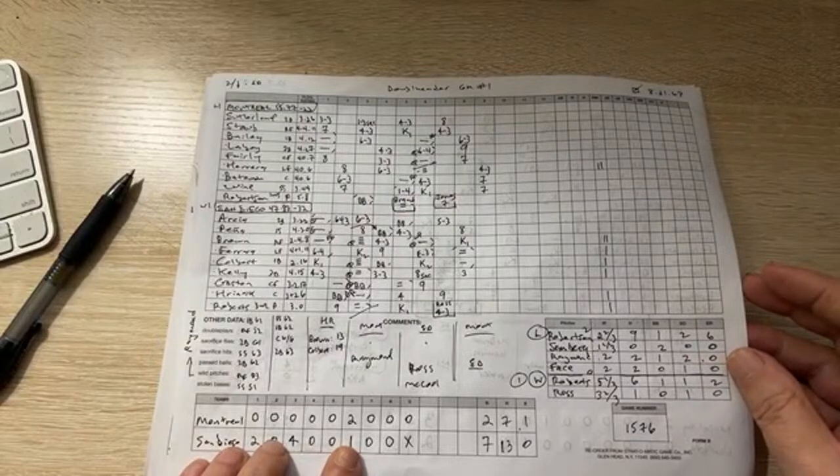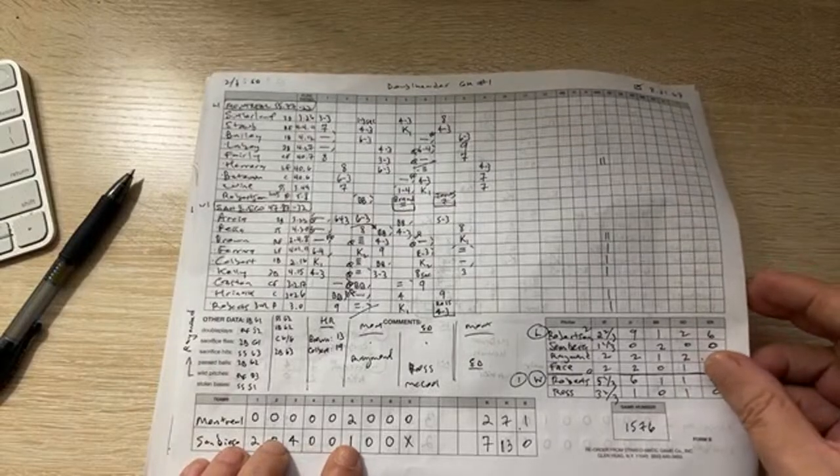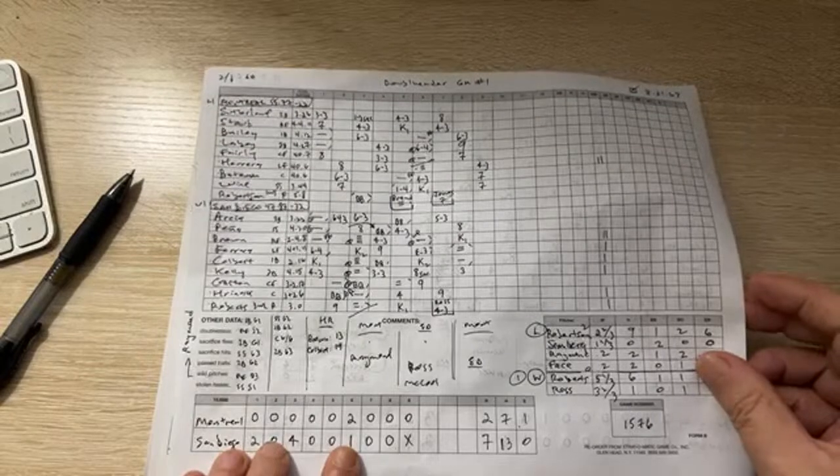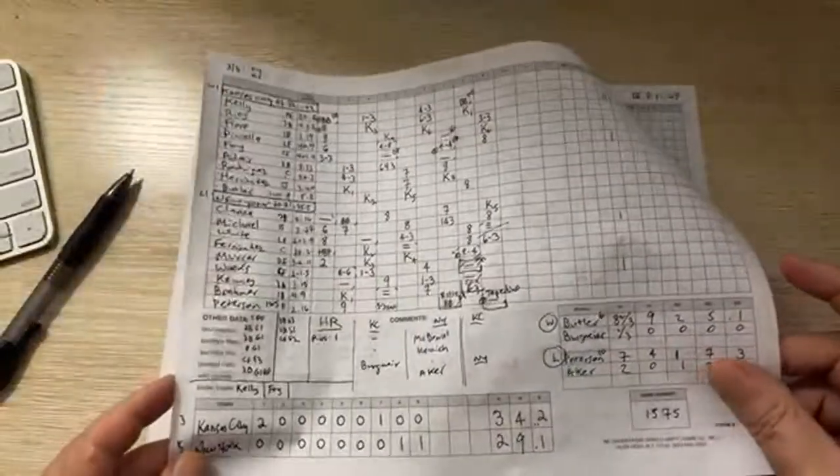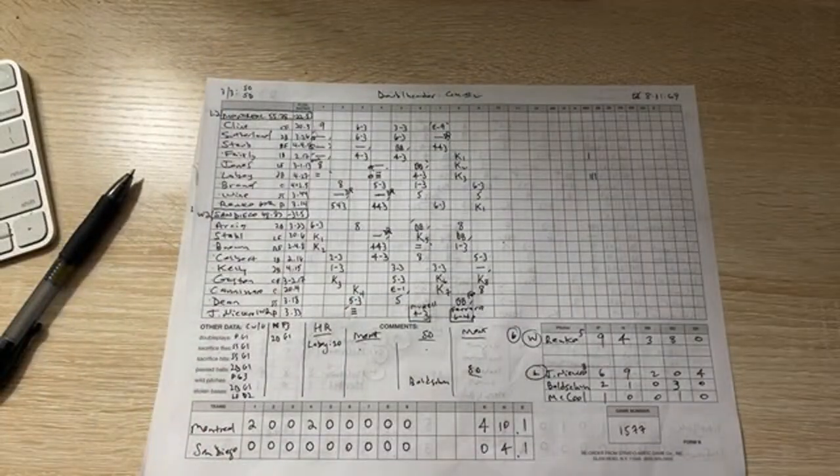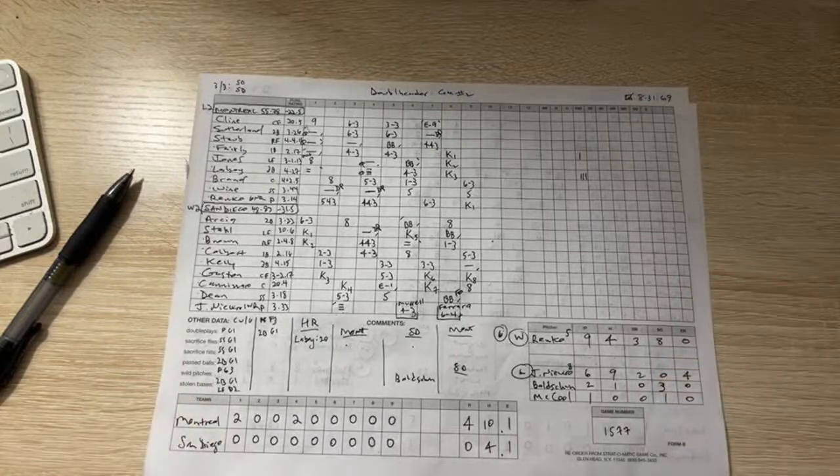Roberts pitched good, decent ball, got the win. Robertson the loss. And then Montreal won 4-0 on Renko's shutout. I remember that. LeBoy hit his 20th.